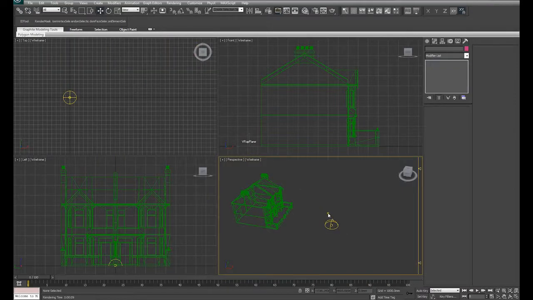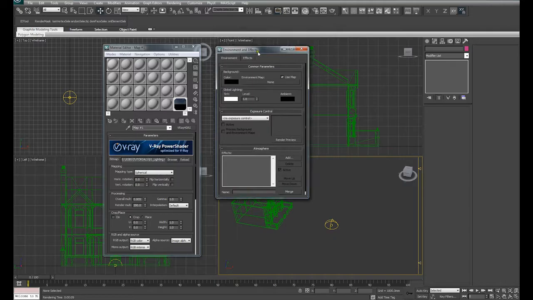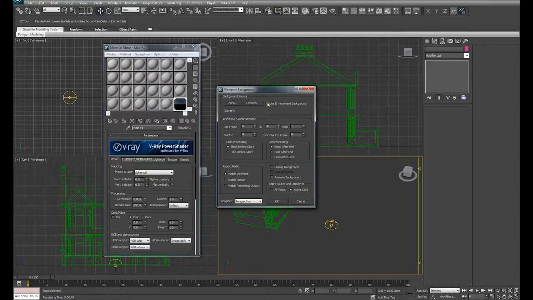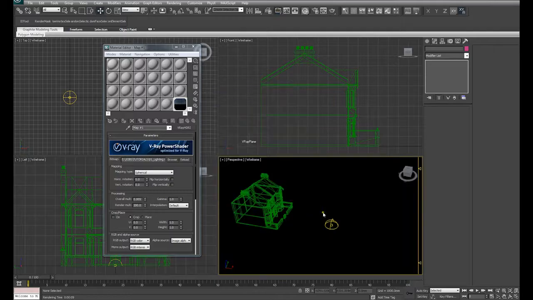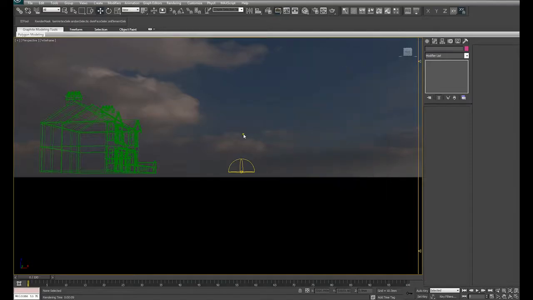Now we want to get our HDRI showing in our viewport background to assist us with setting up the lighting. So what I'm going to do is bring up our material editor and hit 8 to bring up our environment and effects. From there you can drag the HDRI loader into our environment map as an instance again. Close that. Then in our perspective viewport I'm going to hit Alt B to bring up our viewport background settings, and I'm going to check use environment background and also check display background, and you will see that that brings our HDRI into the viewport background, and it's been adjusted by our material editor so we can actually see that